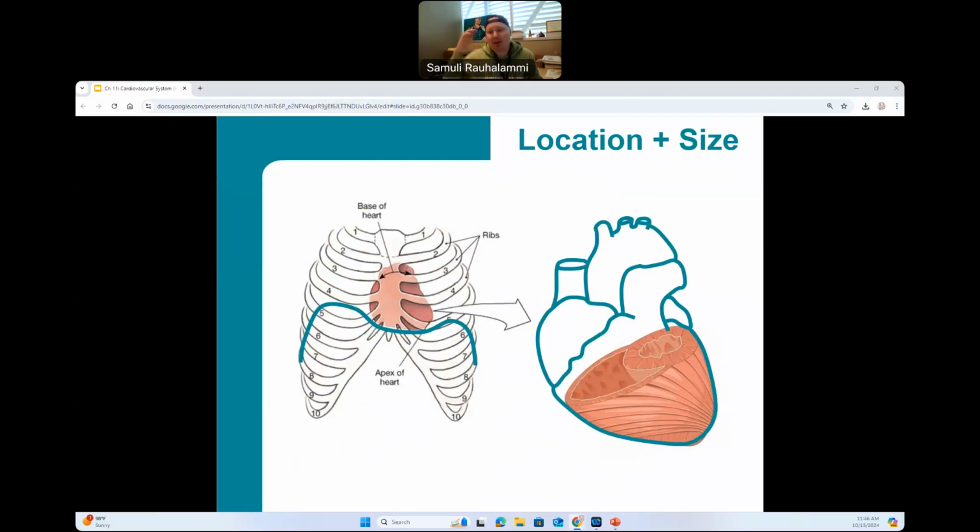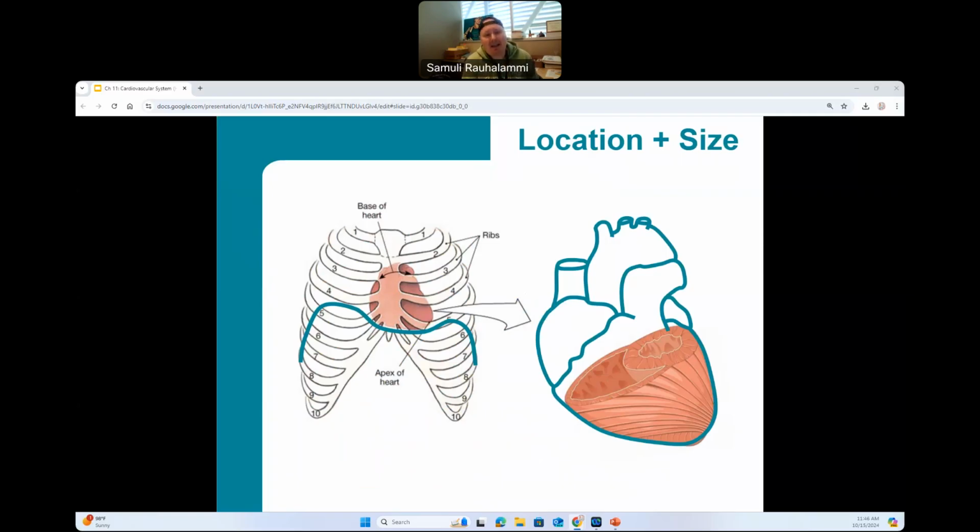If we try to position where in that chest cavity the heart is located, it's between ribs 2 and 5 where you'll end up finding it. The heart rests on top of the diaphragm, that major respiratory muscle. And the location of the heart is pretty close to the midline of the body, just slightly, a little bit left from there. And remember, when we're talking about left and right, it's always in relation to the patient's left and right.